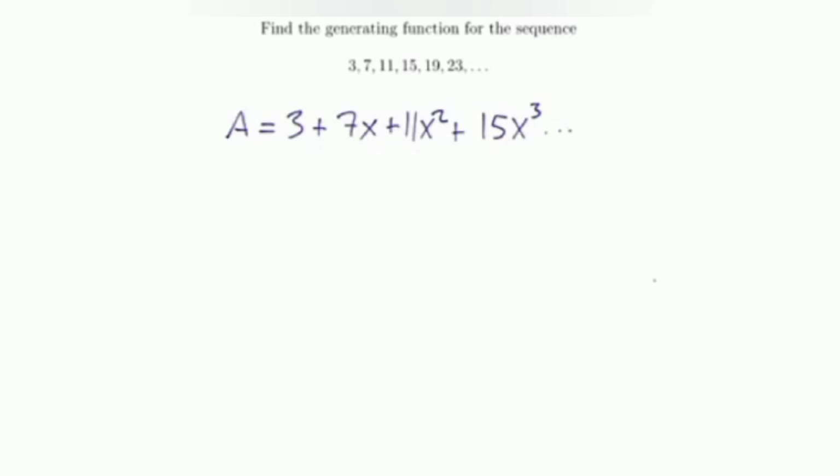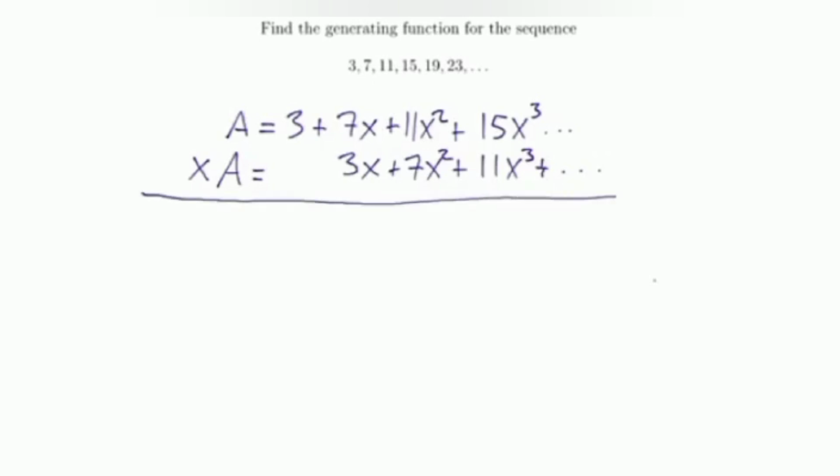Then xA equals 3x plus 7x squared plus 11x cubed, and so on. We subtract, so A times (1 minus x) equals 3 minus 0 is 3, then plus 7 minus 3 is 4x,